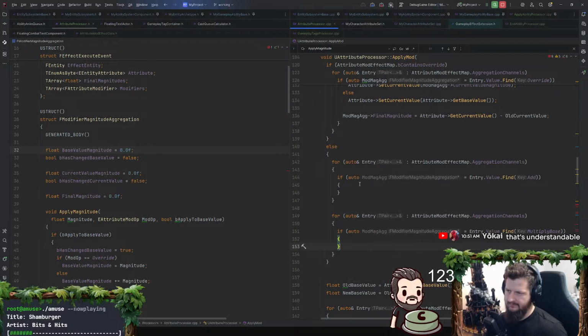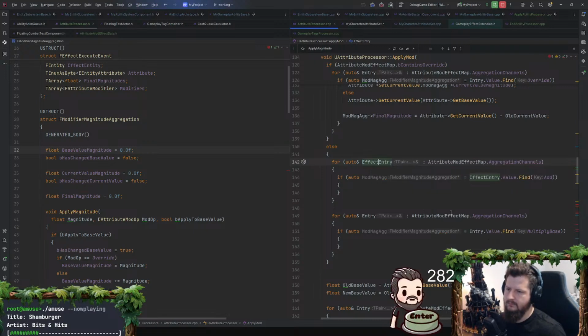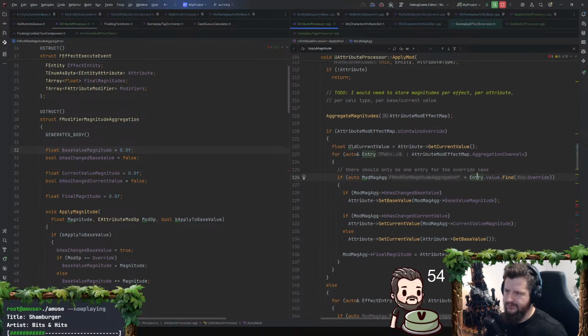So for each effect, let me call this an effect entry. I think that'll make it a bit more explainable as to what's happening here, and as to which scope we're at.